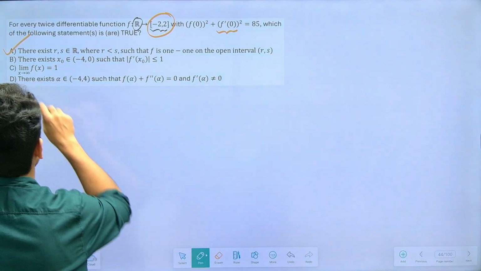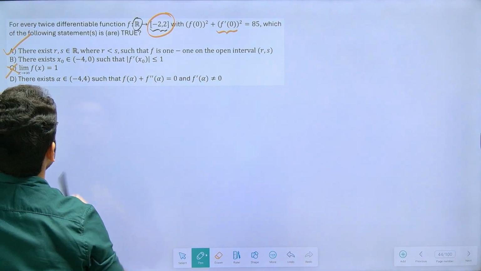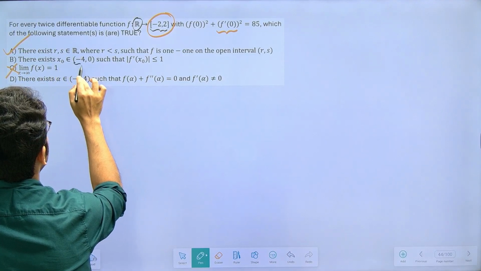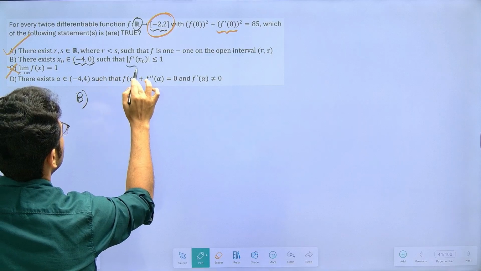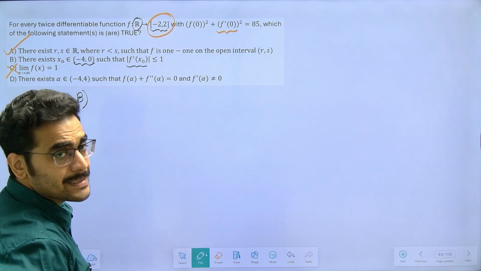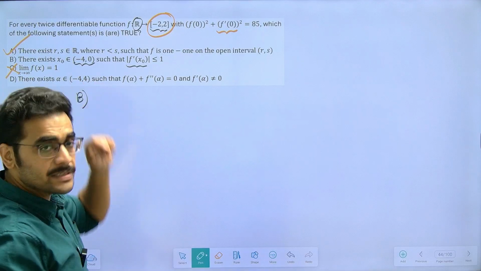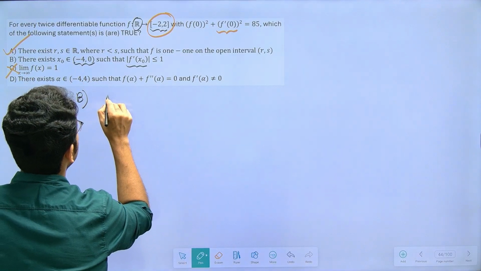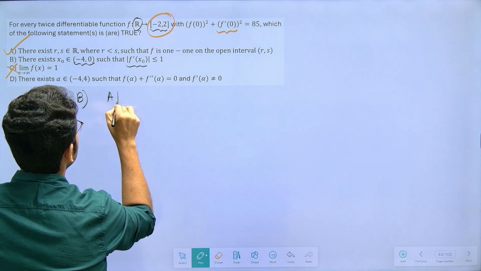Option C is not correct. Next, let us check option B. Option B is: there exists x naught between minus 4 to 0 such that mod f dash x naught is less than or equal to 1. Since the function is twice differentiable, it must be continuous and differentiable. So, applying LMVT,